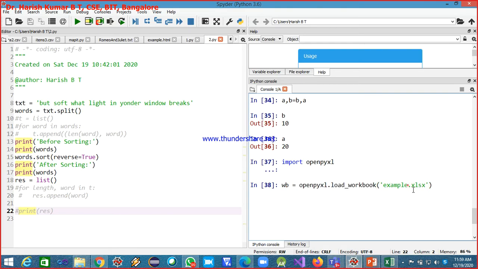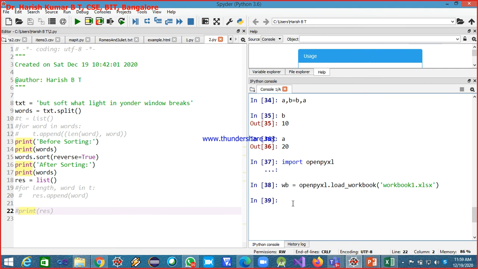So my workbook name is workbook1.xlsx. So it is opened. I have the object created with the name wb.